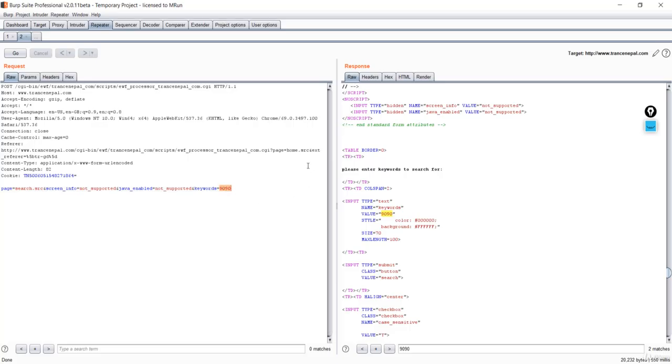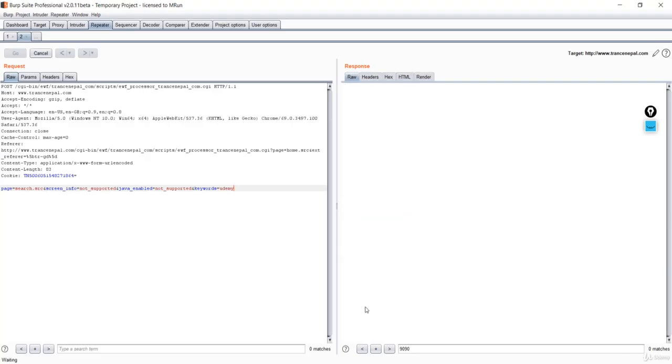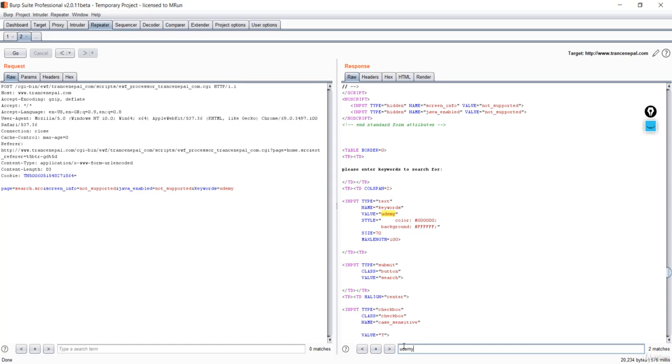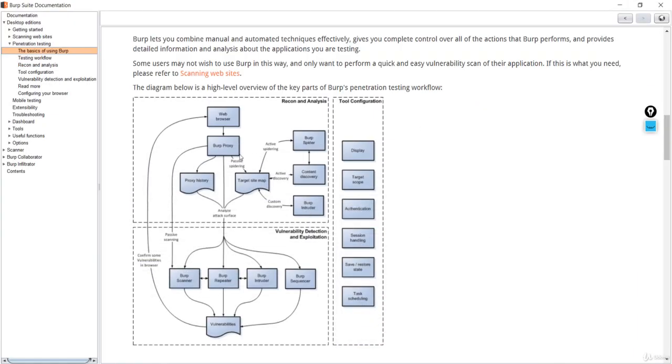So if I say something like Udemy, and I press go, and if this Udemy is reflected in the response, and it can be anywhere, that means this site or this link has an XSS vulnerability. So that is the work of the Repeater.